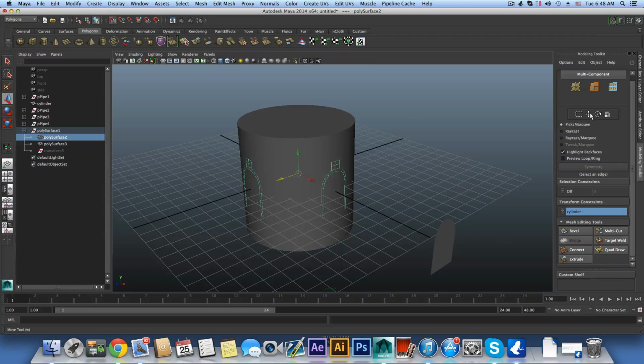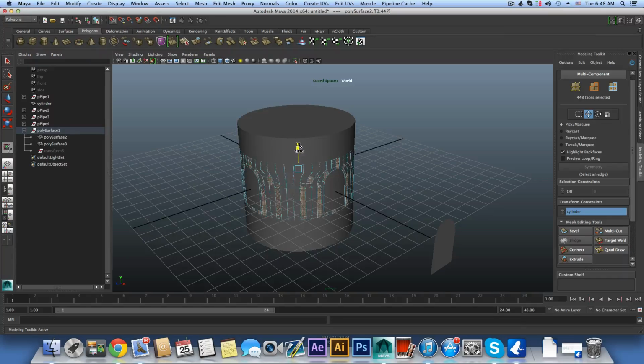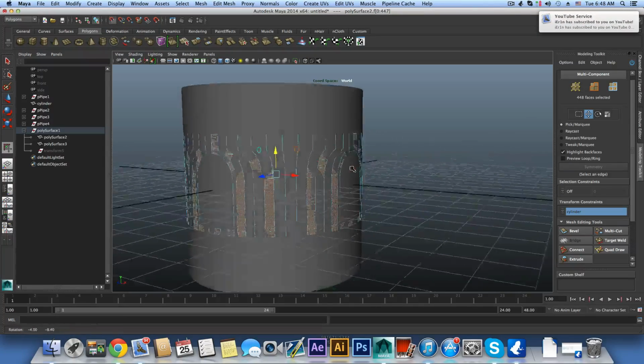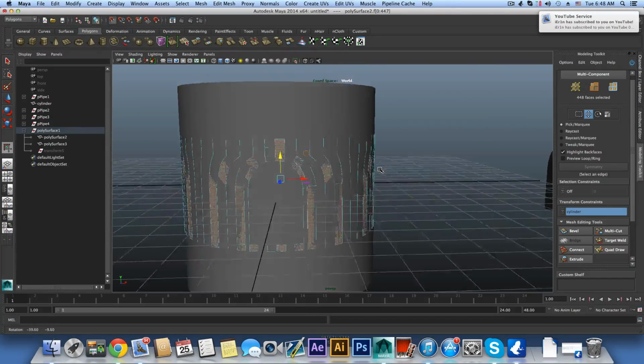Okay, and then right click, yeah, right click, choose face, grab these faces and use this, and okay, now it's snapped and it looks much better than before